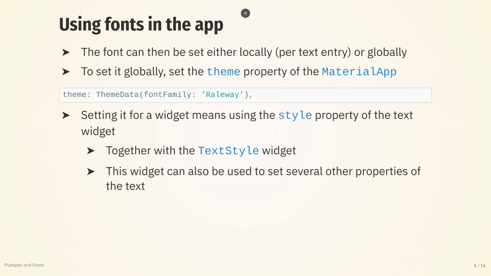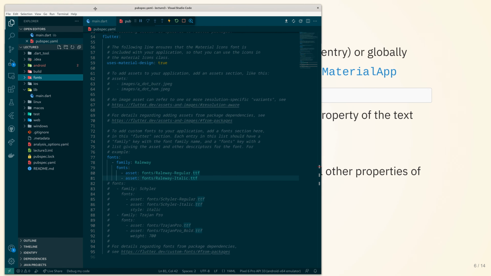What we then need to do is to use the font in our application, and we can do that by setting it either locally per entry or globally. We will mainly be looking at doing it locally, but if we would like to set it globally, we do that with the theme constructor parameter, named constructor parameter. And we put that to theme data, and we say we want to use a font family. And then we use it all over the application. But if we, on the other hand, would like to do it for specific widgets, we use the style property together with a text style widget. And we'll see that in our example right now,